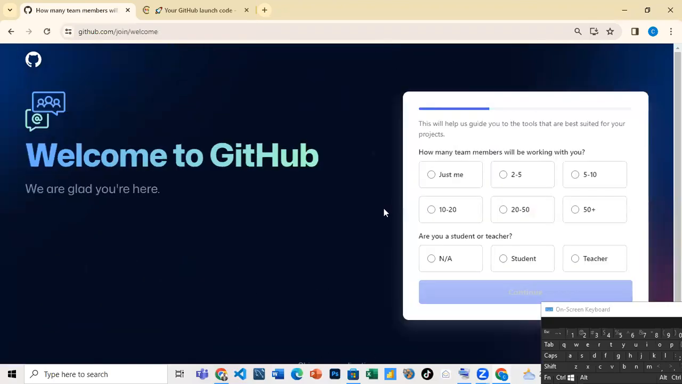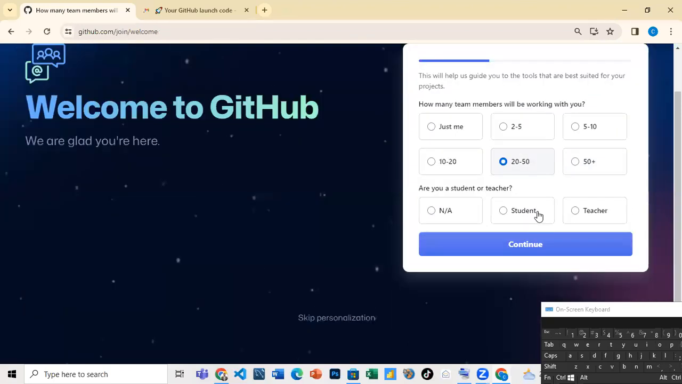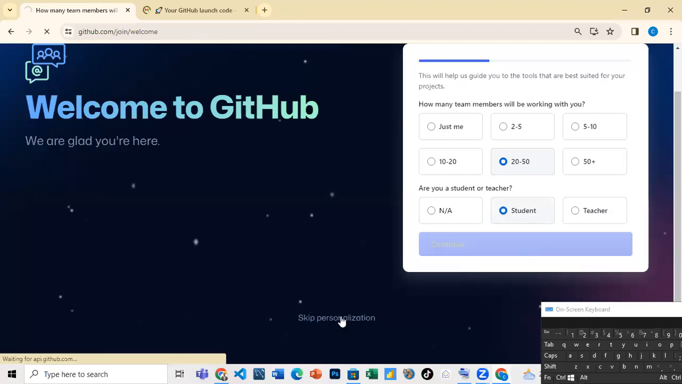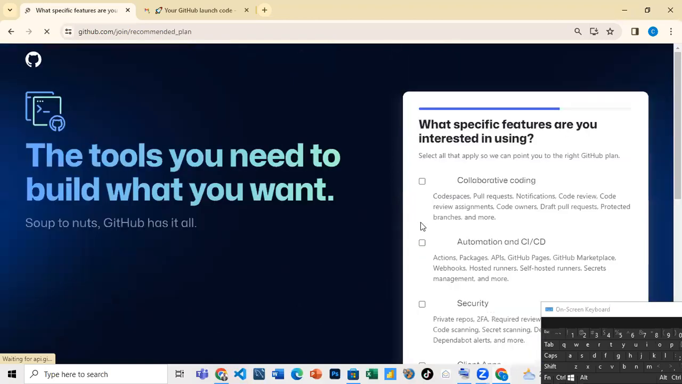All right. So how many team members will you be working with? I can choose this one, 5 to 10, because we are many, right? So I can choose 5 to 50, and I am a student, right? So click on continue, or you can skip it. All right, so now